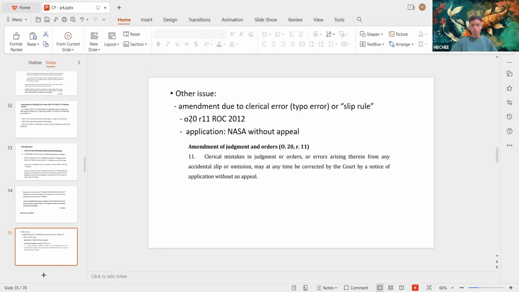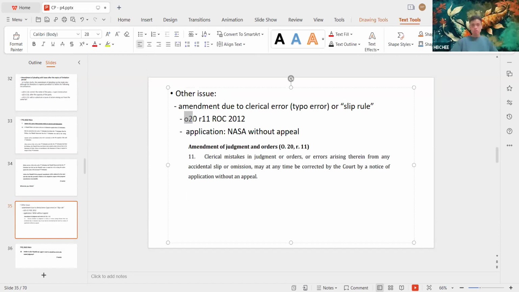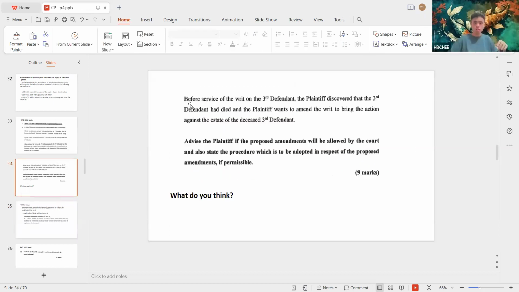Okay, now it comes to another issue. Amendment due to clerical error, typo error, or slip rule. Then you can just go on to Order 20 Rule 11. The application is a notice of application without an appeal. Because sometimes in the judgment, when the judgment is sealed with the tiger chart, you will see the official government seal with two tigers there. It's an official judgment. And then the last part of the question,